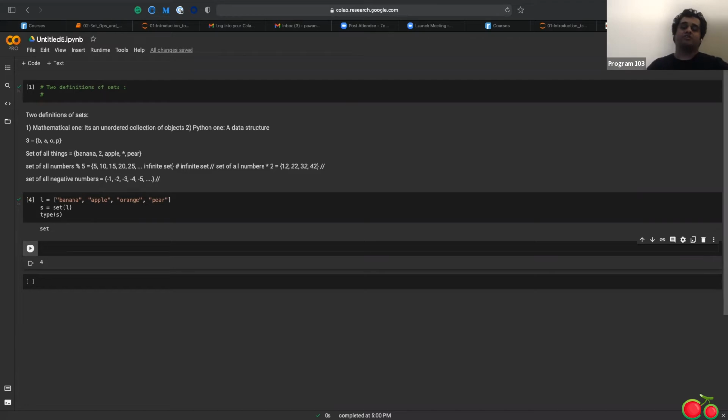The benefit of having a dictionary is that you can very, very quickly access a value given that you have the key. So for instance, a dictionary for something like my array L would be something along the lines of B is L0, A is L1,